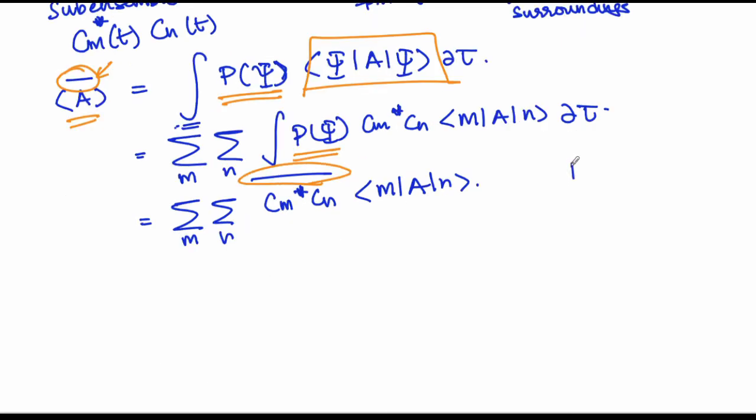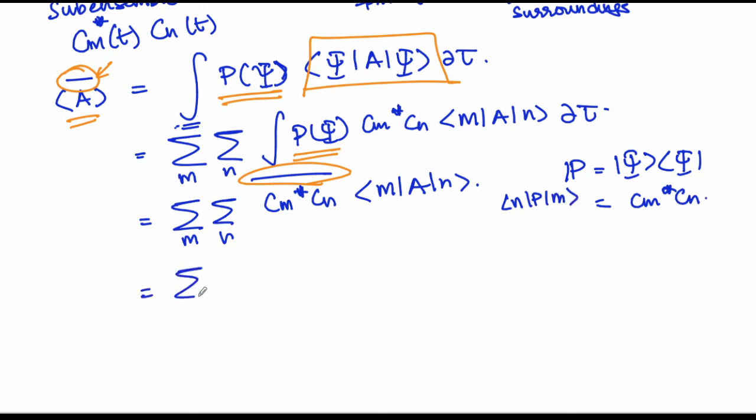Similar to the operator P that we had defined as the projection operator, and which is also given by Cm star Cn, P nm is given by Cm star Cn. Here we will be introducing the density operator, which will be denoted as sigma nm. So this is nothing but P nm. The ensemble averaging part will be now represented as this matrix called the density matrix times